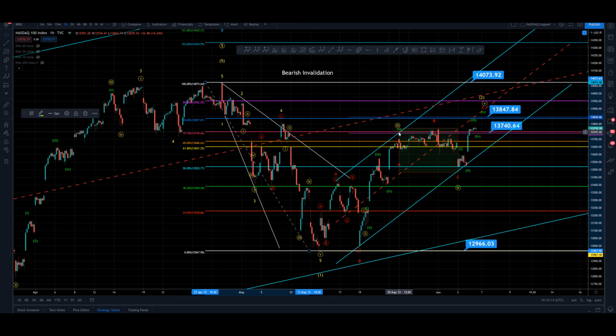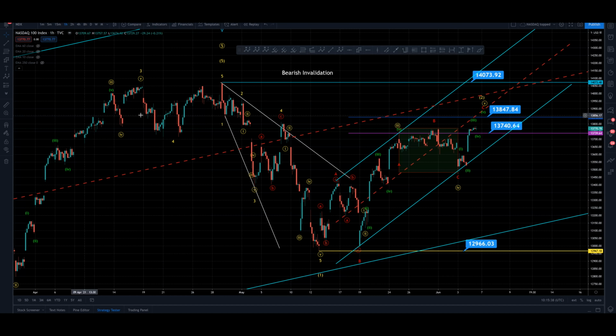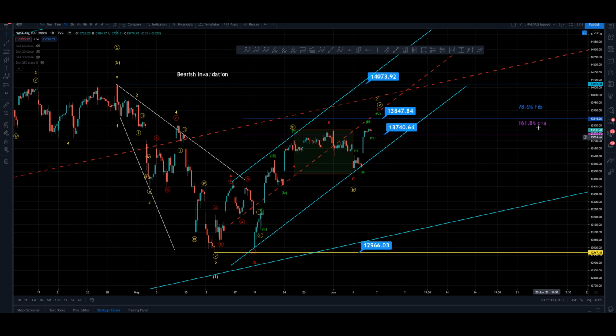We came to the 707, which, in my experience, does tend to show up here in the Nasdaq more often than in the Dow or in the SPX or SPY. The 707 does seem to show up. We came to it, backed off, but we've since broken that level down and gone further again. So really, we've invalidated the 50, the 61.8, the 707, and another important level, which is the 161.8% extension of